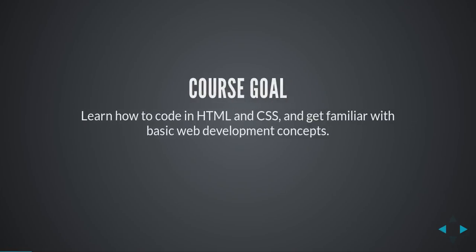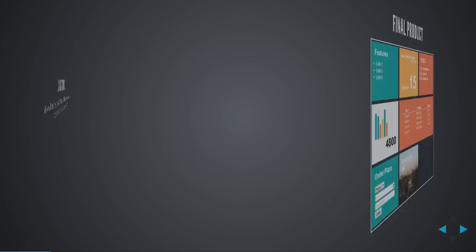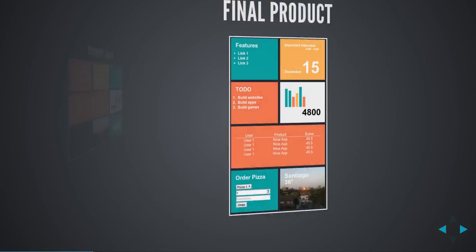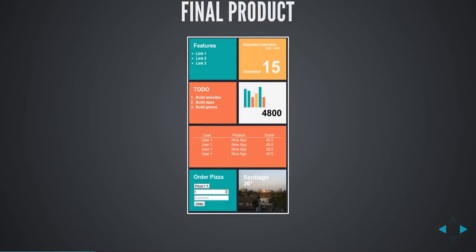The goal of this course is to teach you how to code in HTML and CSS and to get familiar with basic web development concepts. The final product, what you will be building throughout this course, is this Metro style homepage, which could be an app as well, and has different elements that will show how you can use HTML and CSS to code your